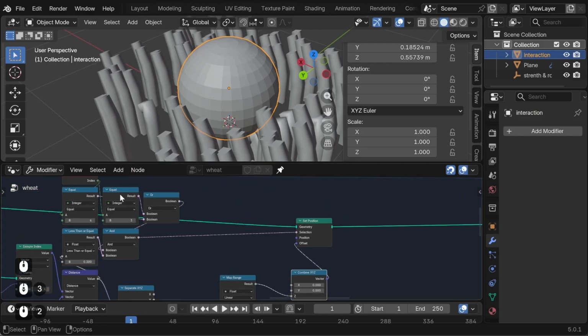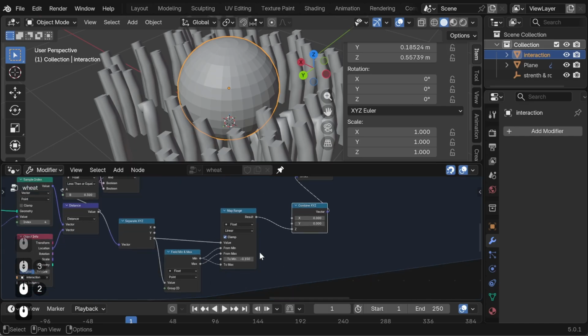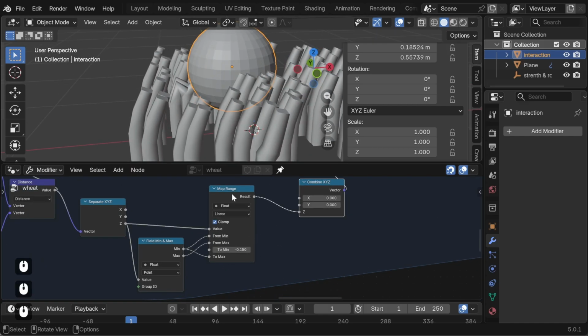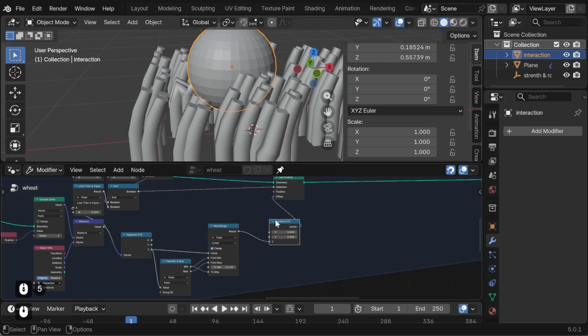If this is true, you move it downwards by minus 0.15, and the maximum you can use is actually 0, so it moves downwards with minus 0.15 and it moves upwards with using 0 actually, which is why we do this